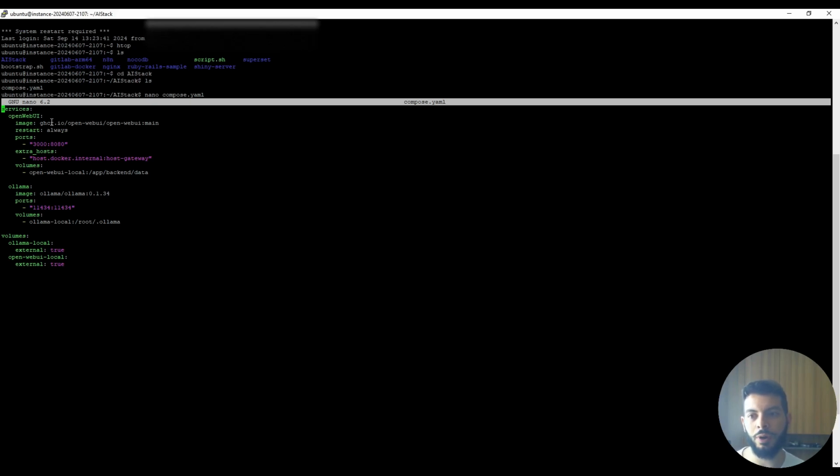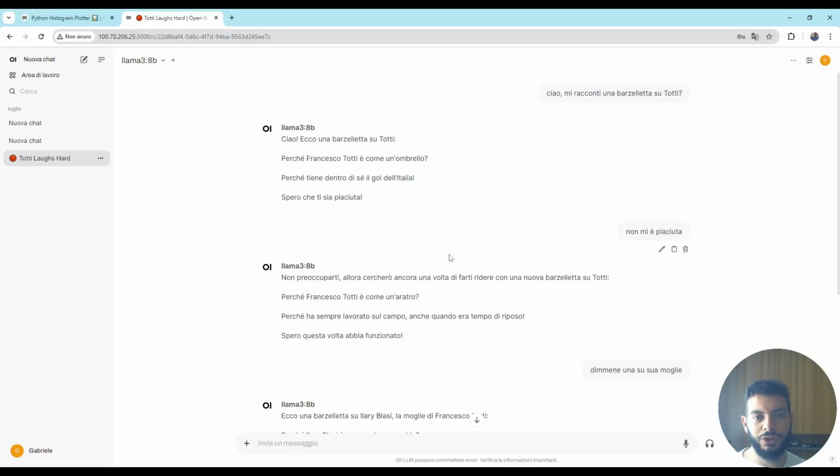As I said, OpenWebUI is our interface and Ollama is our actual back office that has the large language model. And then beside those two services we have the memory, that in this case they call volumes. And what happens if you don't put volumes? That when you have a restart for whatever reason, for example weather linked or reboot associated to an update of the system, you lose the history, and so let's call it memory.